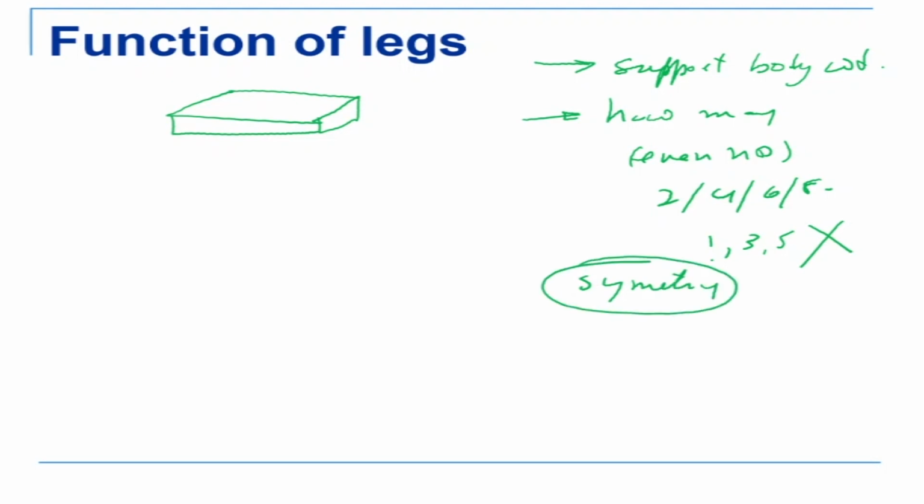mainly because of symmetry. So if I have 4 legs, I have 1 here, 1 there, 1 here, and 1 there. Okay, so these are the 4 legs that I have for this. Or I can have also 2 legs, standing like this and like this. So you have an even number of legs, 2, 4, 6, 8, because of symmetry, so that the load is equally distributed between this leg and this leg. So that is the first function of legs, to support the body weight. Basically it's an even number, 2, 4, 6, 8, like that.